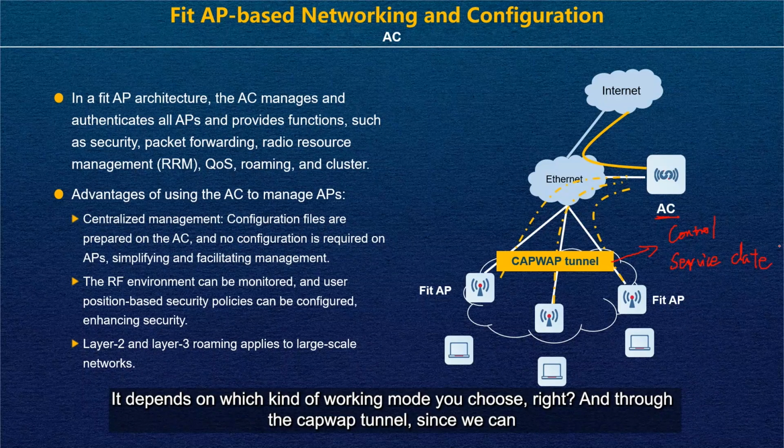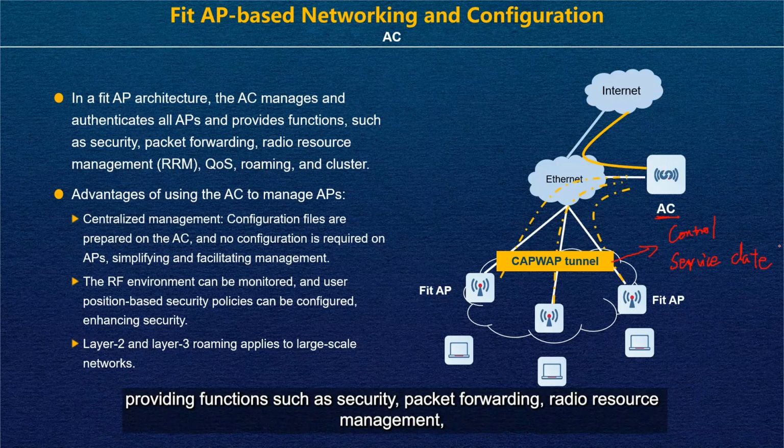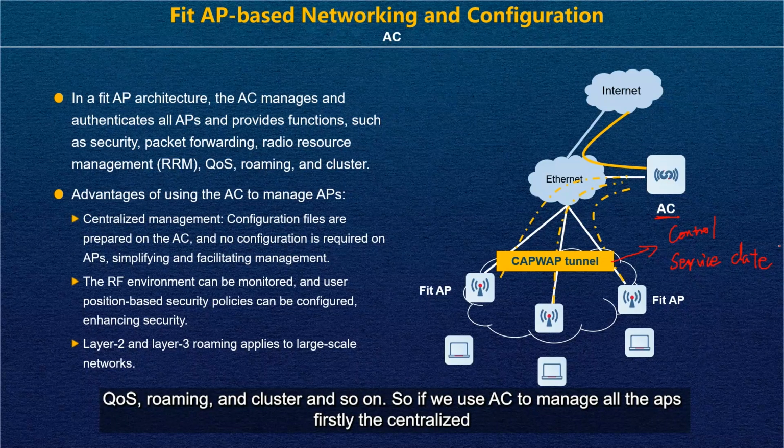It depends on which forwarding mode you choose, right? And through the CAPWAP tunnel, we can exchange control messages, so the AC can manage and authenticate all APs, and provide functions such as security, packet forwarding, radio resource management, queues, roaming, cluster, and so